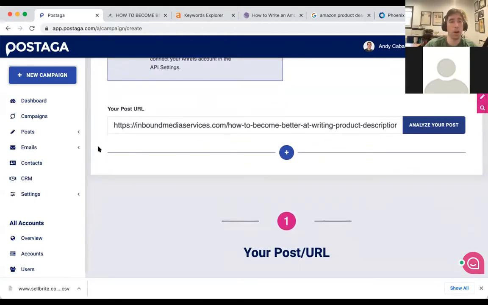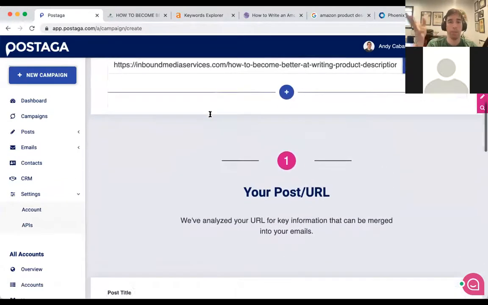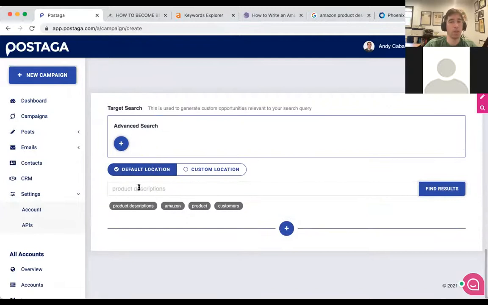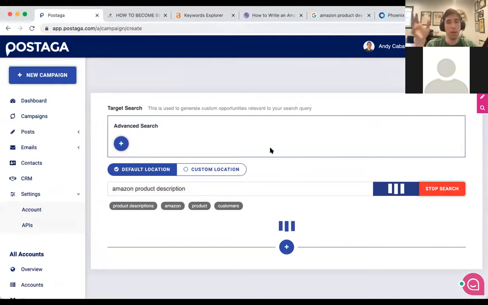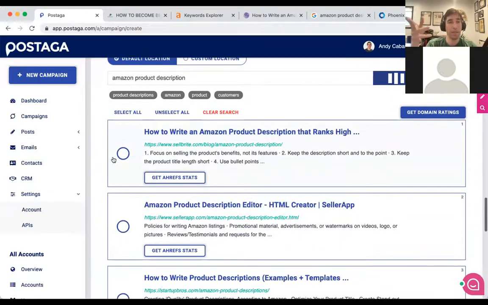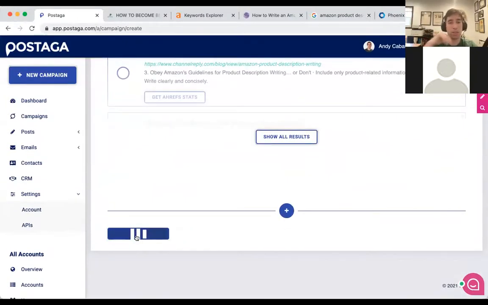So first I have to integrate our Ahrefs account. To do that, you'd go into settings and APIs over here on the left side. And if you have an Ahrefs account, you can integrate that. So just like this, I've got this article on product descriptions. And now I want to search for, let's say, what was the term? Amazon product descriptions. And how this is going to work is we're going to find these articles effectively. And then, great, I found this article from Sellbrite, I found this other one. And so I can target all of these, grab all of their backlinks, and reach out to all of these various people instead of doing it one by one,